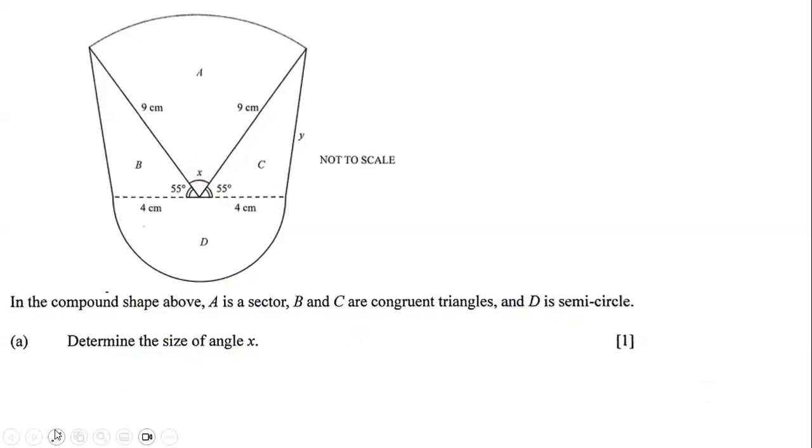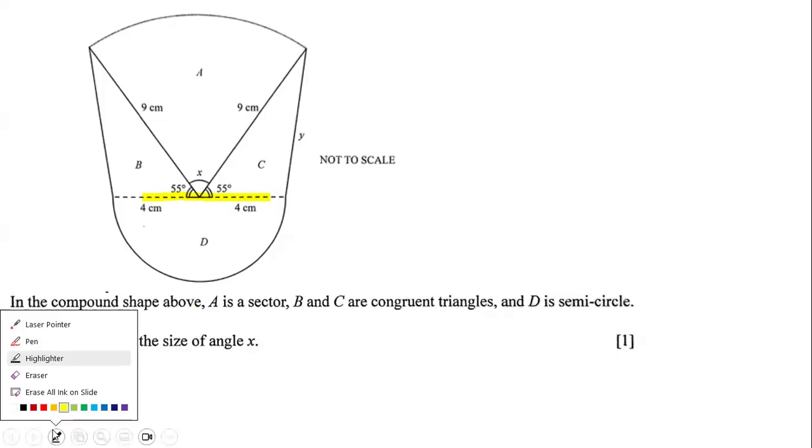Now notice we have a straight line. Let me draw it again. Let me use the highlighter. If we look at this line that is highlighted, that line is a straight line. And if we notice carefully, we have